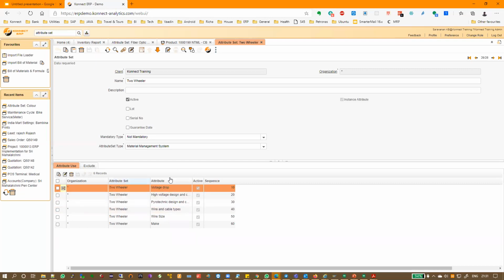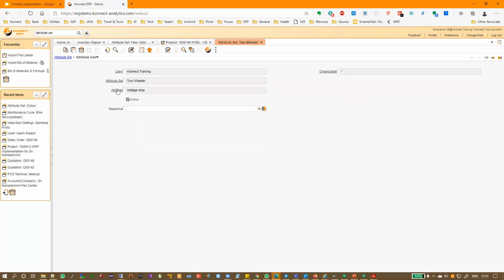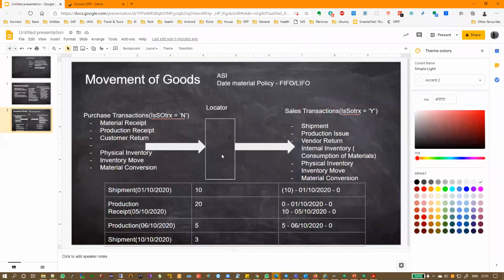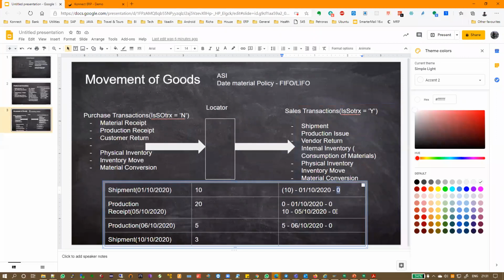Okay, now when you create this attribute set and assign attributes, each attribute will have one option called instance. Okay, and a mandatory option. That means when you go, you have to mandatorily fill this. So an instance attribute means this particular value is only effective inside the locator. That means here, where I'm putting 0, 0, 0, right?